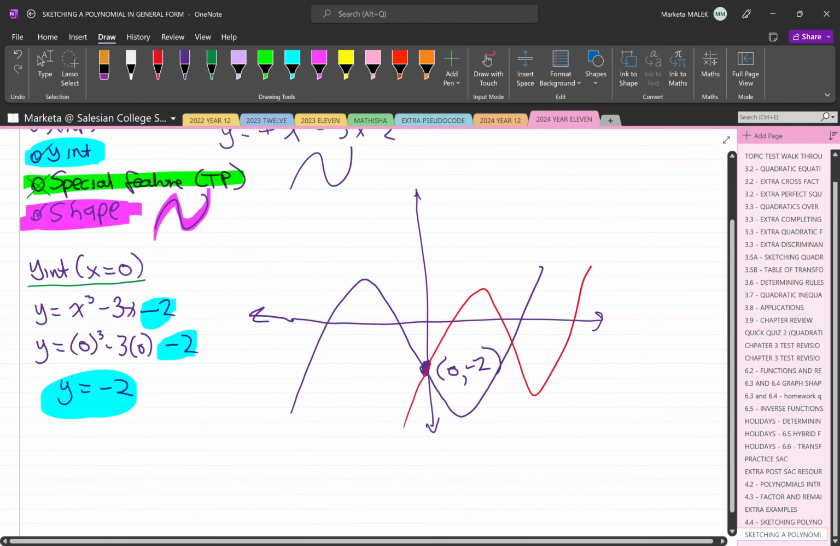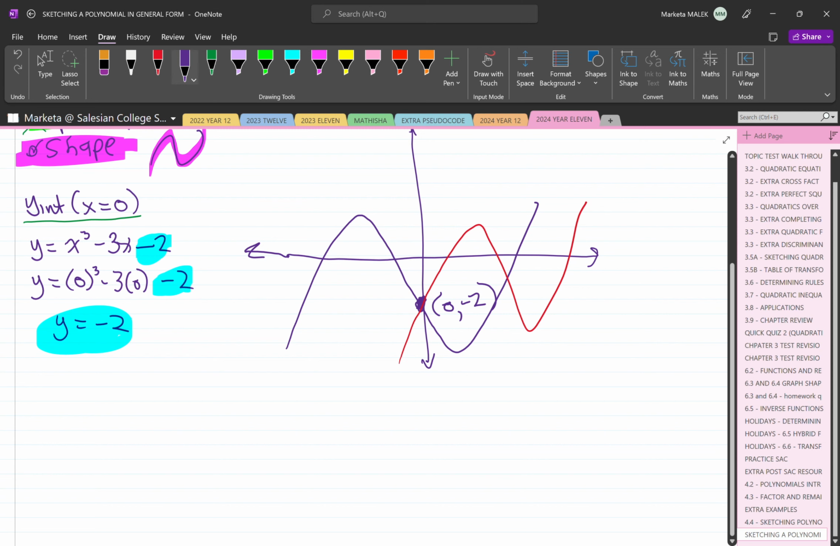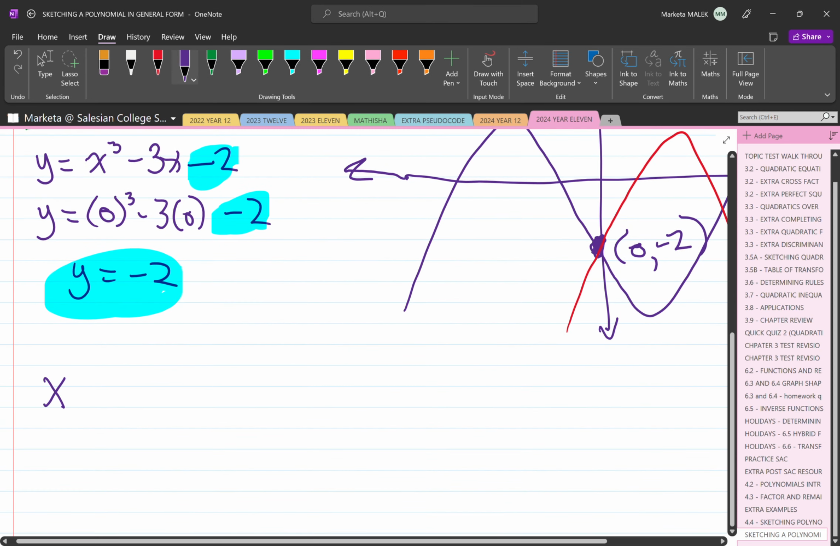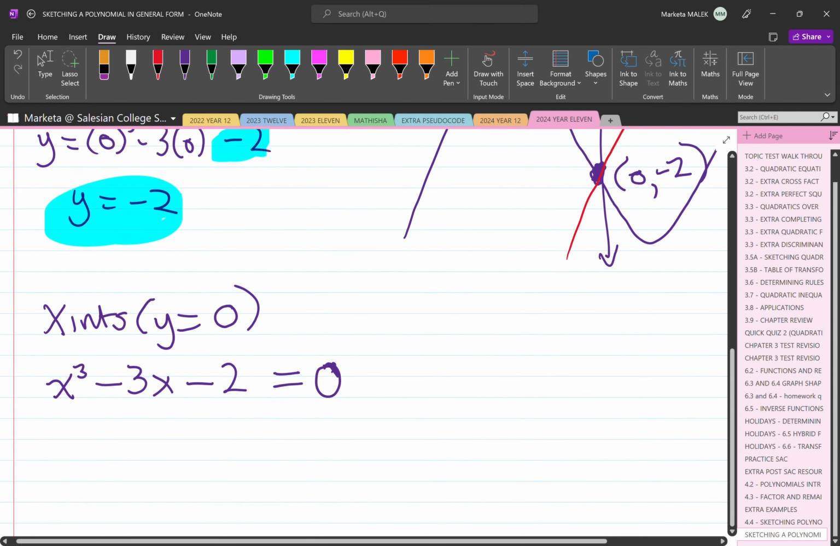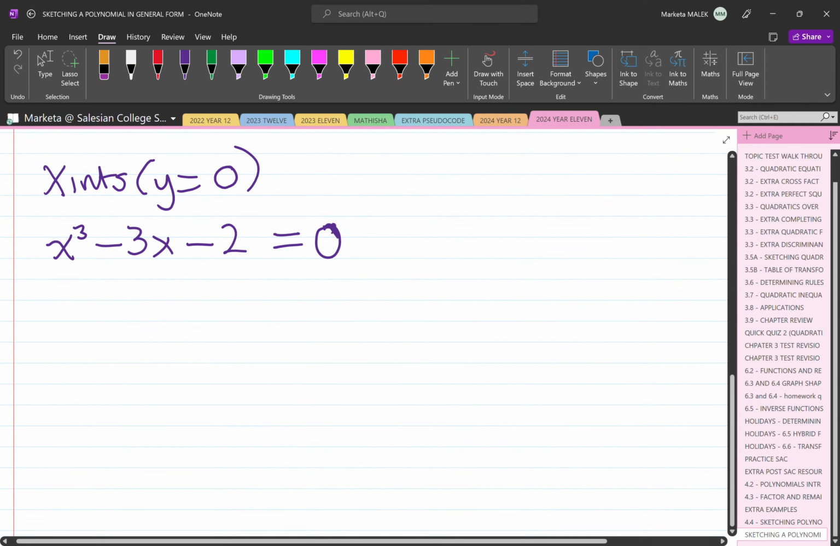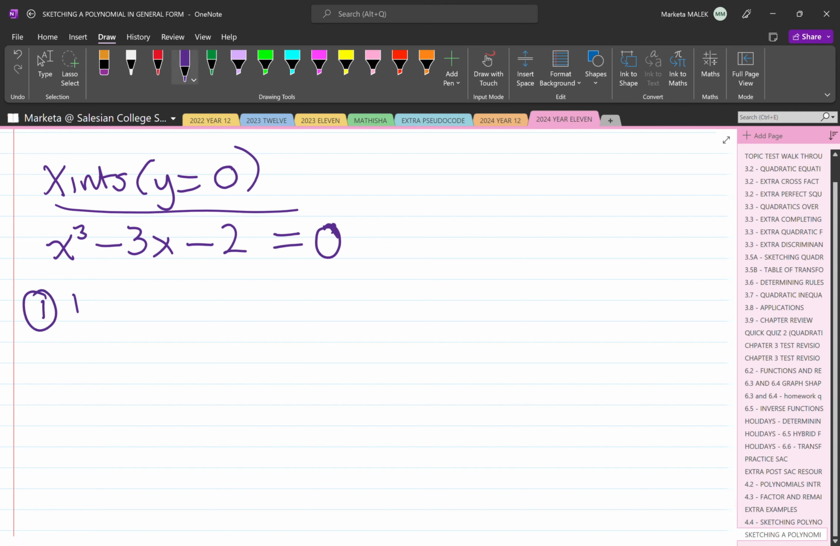Let's do that now. So x-intercepts, y equals 0. So we have x cubed minus 3x minus 2 equals 0. And this is where we're going to need to do long division of polynomials. So this is why we do long division of polynomials. So we can find our x-intercepts, we can factorize our polynomial and solve for x-intercepts. So the first step, and you might well remember from last year, the first step is to find,